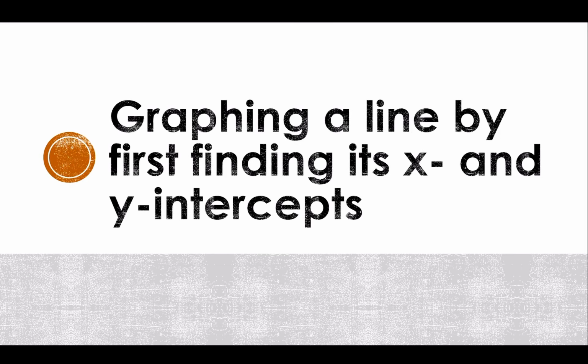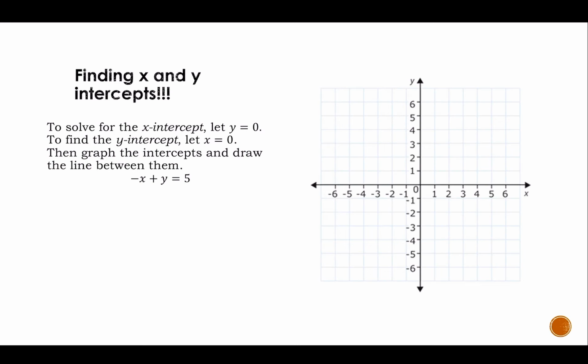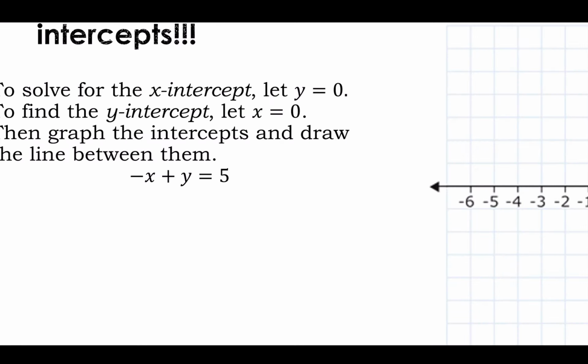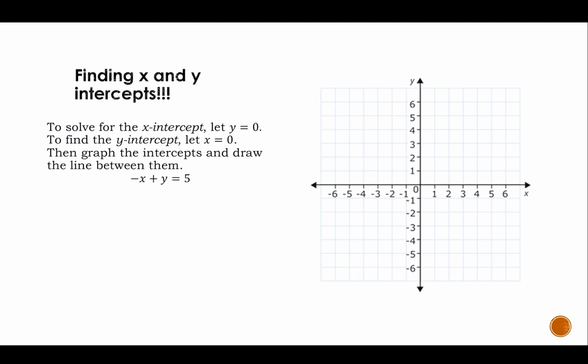This video covers graphing a line by finding its x and y intercepts. So in order to graph these lines, we're going to solve for our x-intercept, which is when y equals 0, solve for our y-intercept, which is when x equals 0, and then graph the intercepts and draw the line between them. So to find the x-intercept, zoom back out,